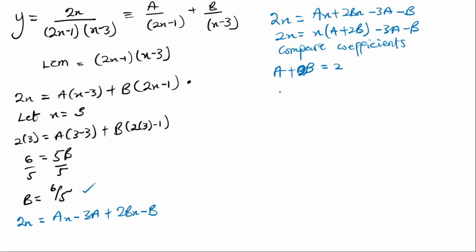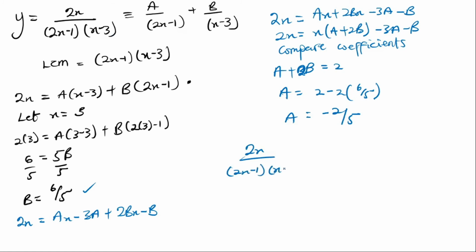So our a is now equal to 2 minus 2 into bracket, the b is 6 on 5. If we punch everything into the calculator, we are going to get negative 2 on 5. So if we convert this rational function into a partial fraction, this is what we are going to get. We are going to get this 2x on 2x minus 1, x minus 3, to be equivalent to the function